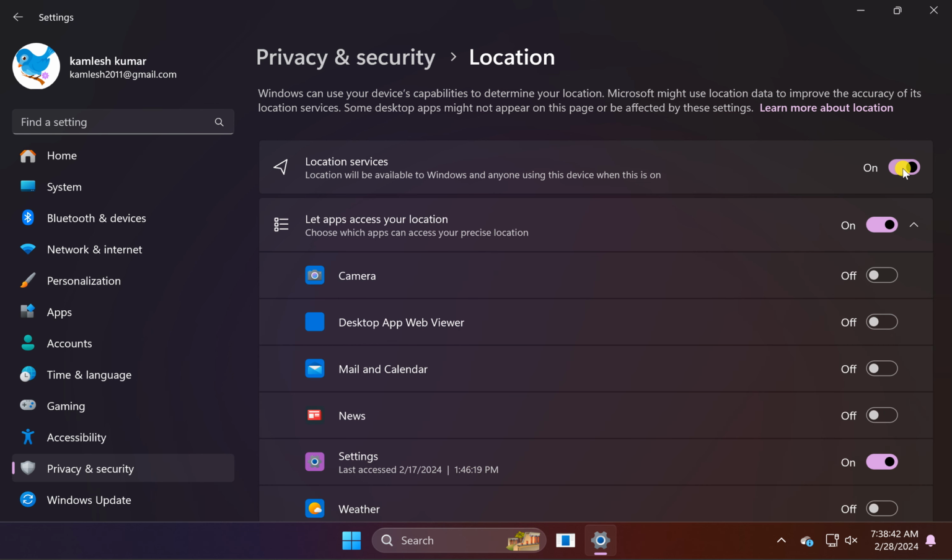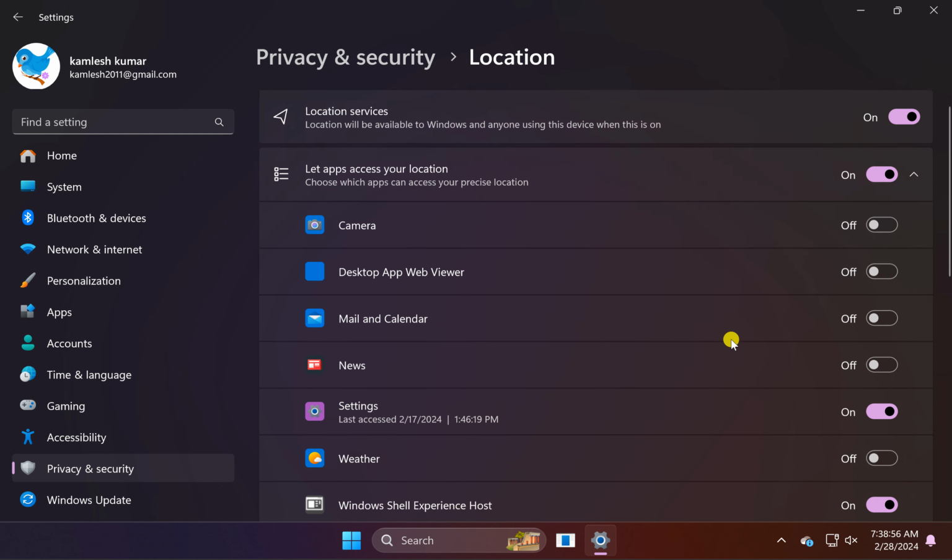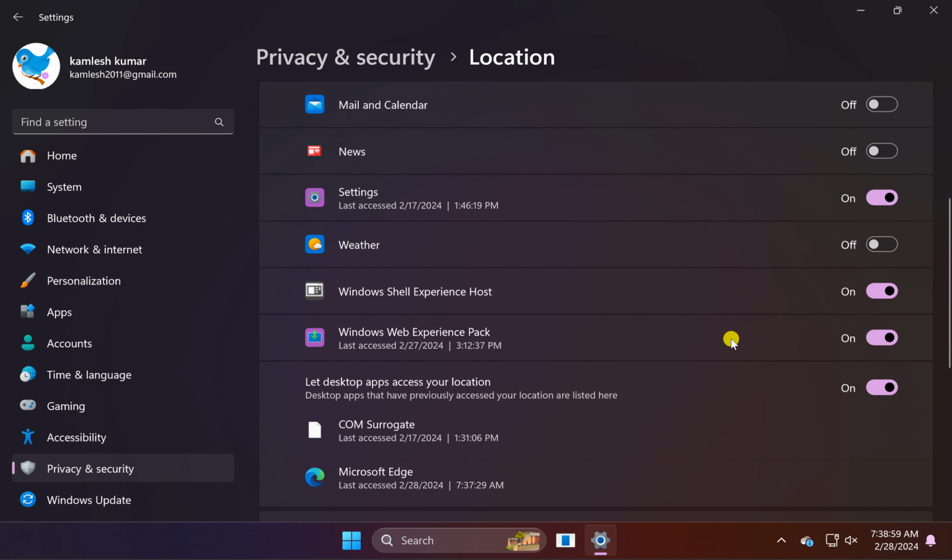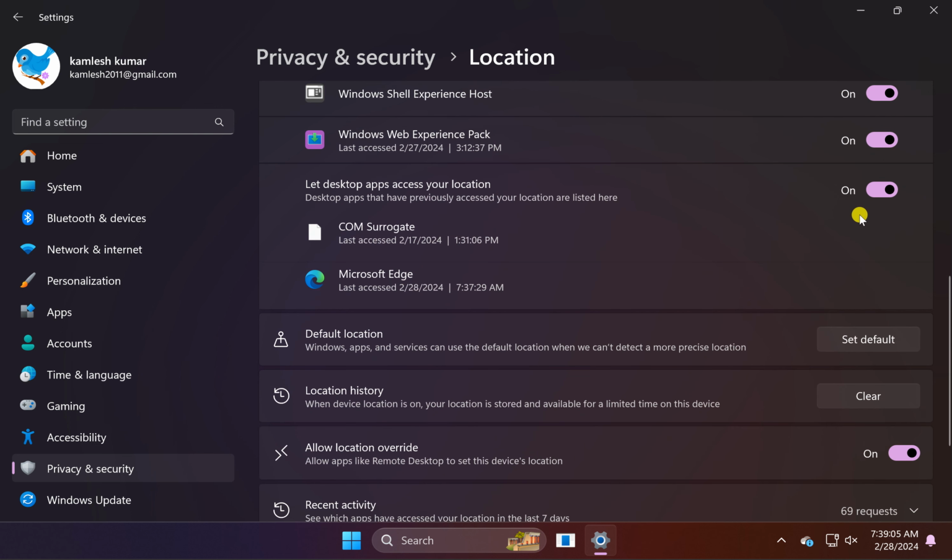If you want to disable location services for a specific app such as camera, you can use this toggle switch here. You can enable or disable. Similarly, scroll down and find the apps that need location services, and here you can turn on or off according to